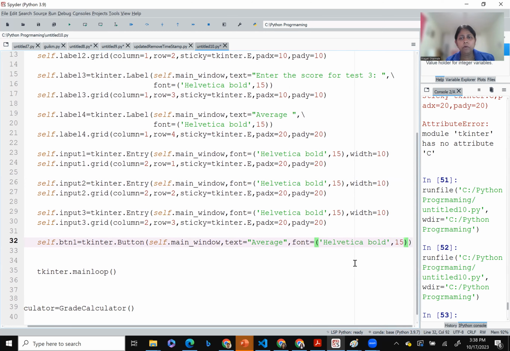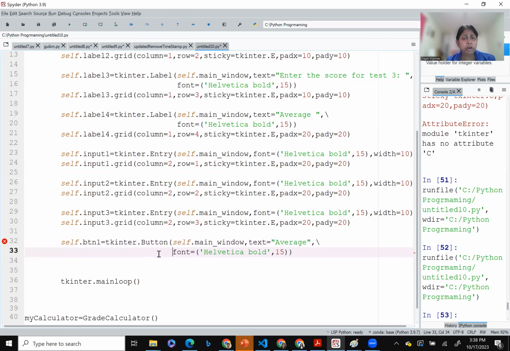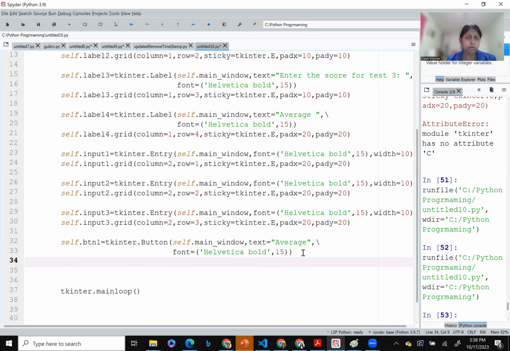Okay, font is this much, right? So I created the button, I defined the font, and I've defined the text on the button. Now let's grid it. So I'm going to say self.btn1.grid, and I want to grid it